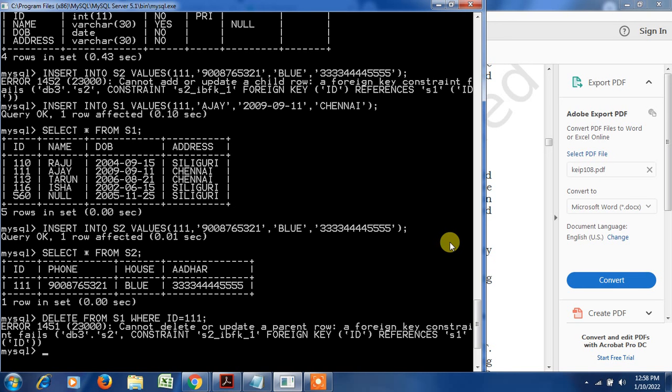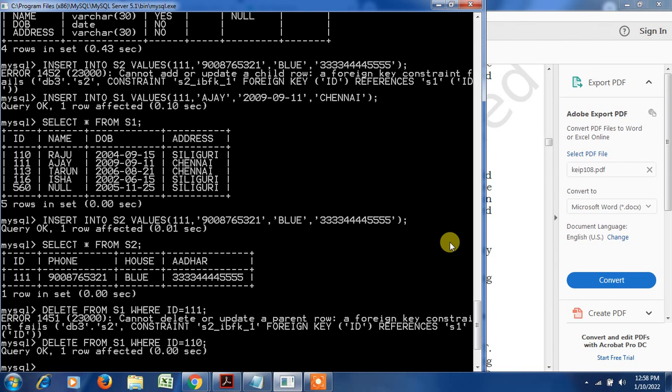See, it is not allowing me. If I try to delete some other one, it is removed. But the one referred to in the child table is not removed.